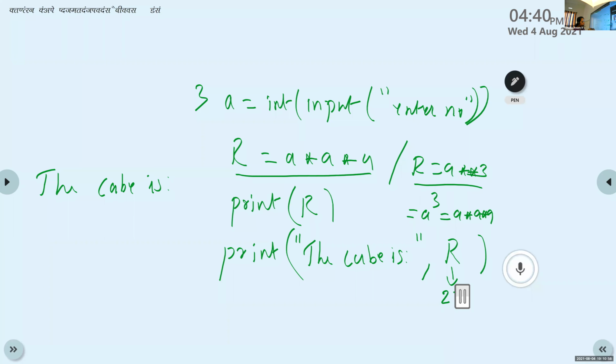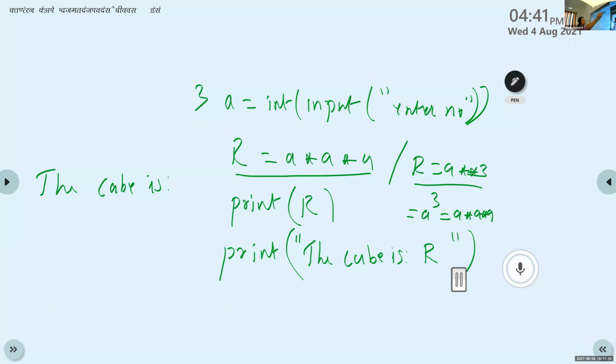And if I want to use a variable name here, the meaning is that the content of that variable is displayed, not R itself. The content of R is displayed. If I write like this, then what is the meaning, or what is the output? Kevin, for this print statement, what is the result?